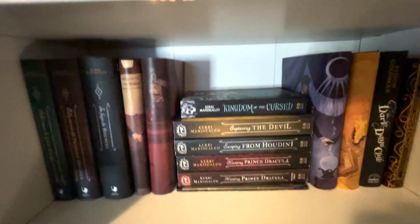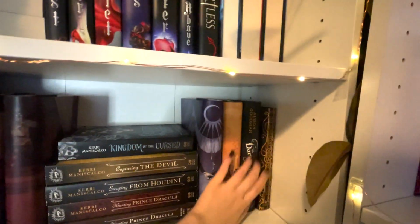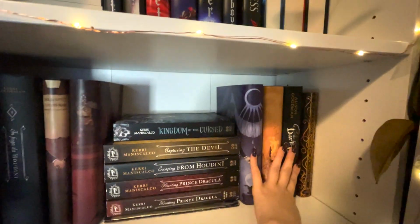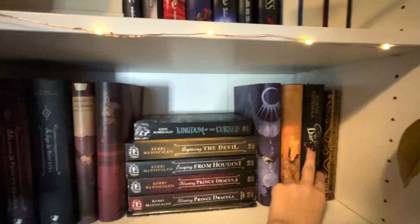That bugs me. One second. Okay, it's fixed. So over here I have two random ones. I have Year of the Ripper Fairy Loot and Dark Days Club. I just needed to fill the shelf, and honestly, these probably are going to be moved once I get more